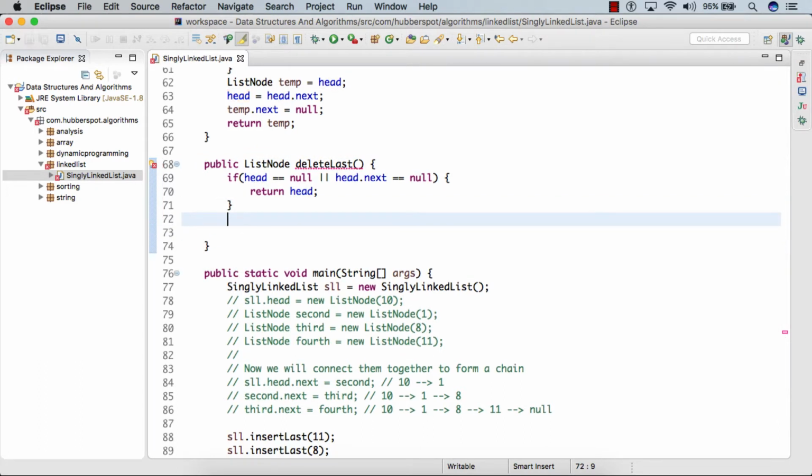And after that, in order to delete the last node, we need to somehow traverse to the second last node and remove the linkage. So how can we achieve that? In our previous video we discussed that we can create 2 pointers. One is current, which will start from head.